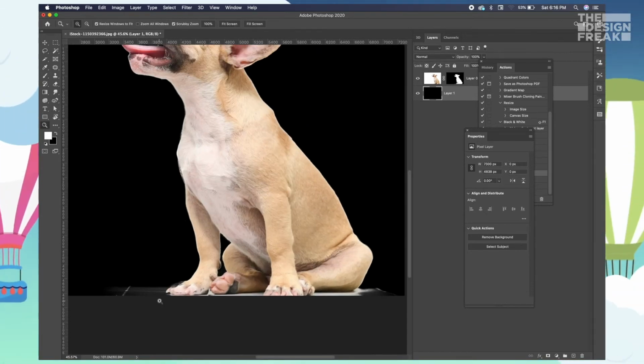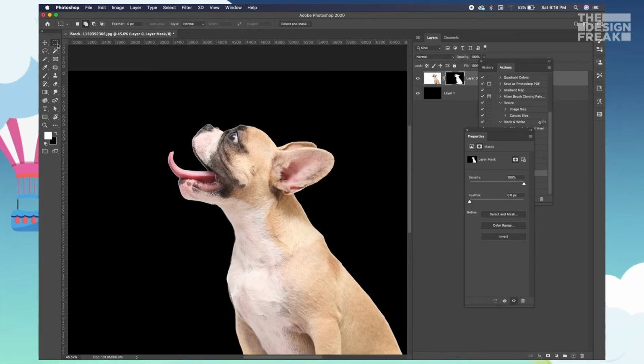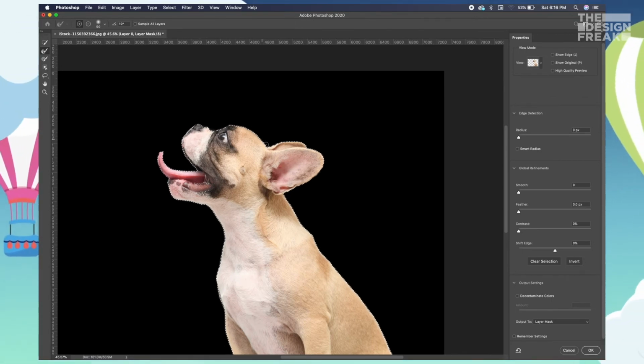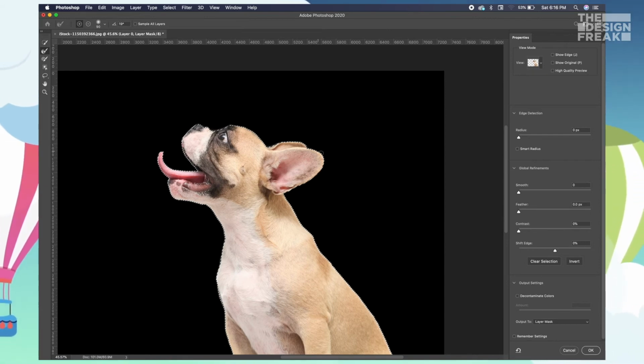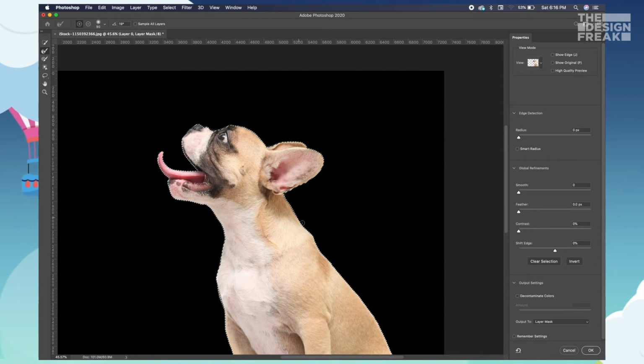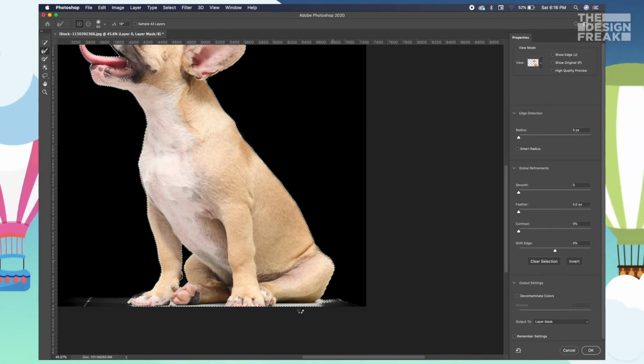Now in case you'd like to remove all of these white parts, you can just go on your marquee tool or any selection tool. Make sure you click on Select and Mask and click all of these areas and just put a brush over it. What this is going to do is it's going to smoothen all the edges, and it's going to make your selection and your dog look very cute and cleaner. So yeah, you can just make a selection of this.